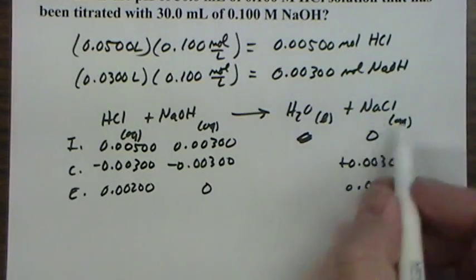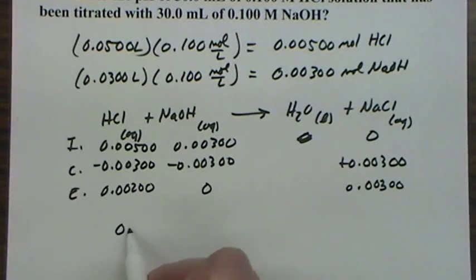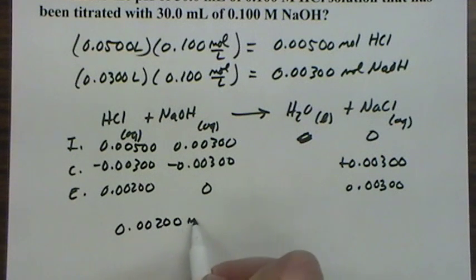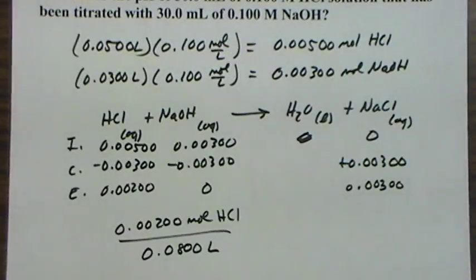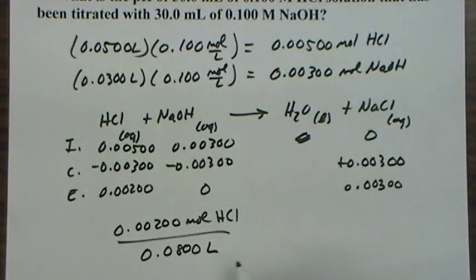It's going to be neutral, but what we do have is 0.00200 moles of HCl over the new volume, which is 0.0800 liters. We have 50 and 30, so that's 80 mL, or 0.0800 liters, and that comes up to be